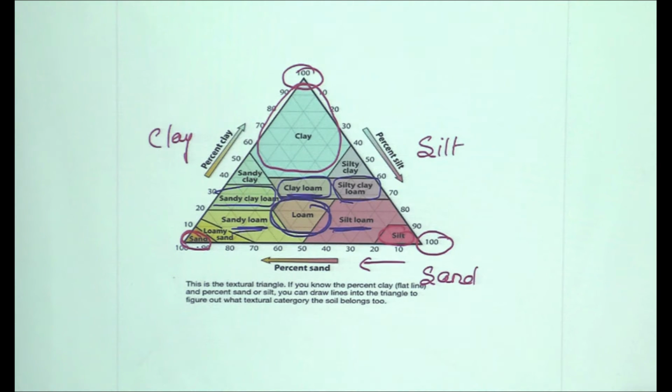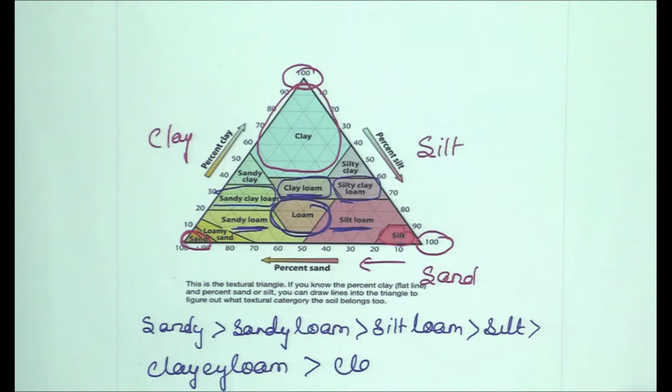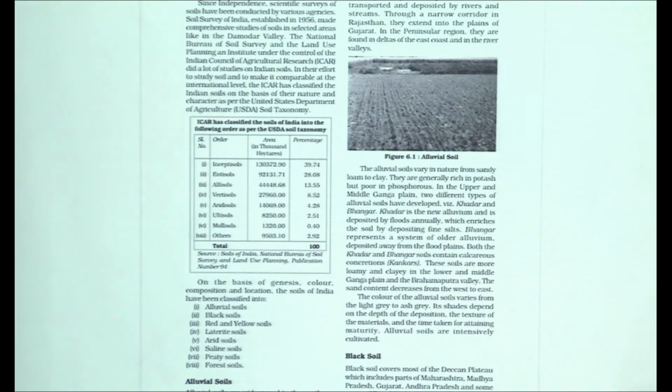The texture based categories of soil can include, writing the categories one by one: sandy, sandy loam, silt loam, silt, and then we can easily take clayey loam, clay. Now, after this,